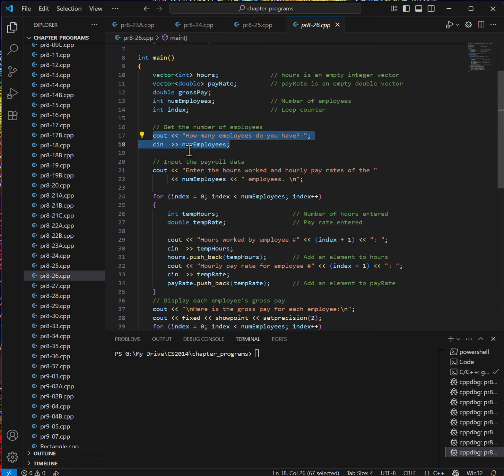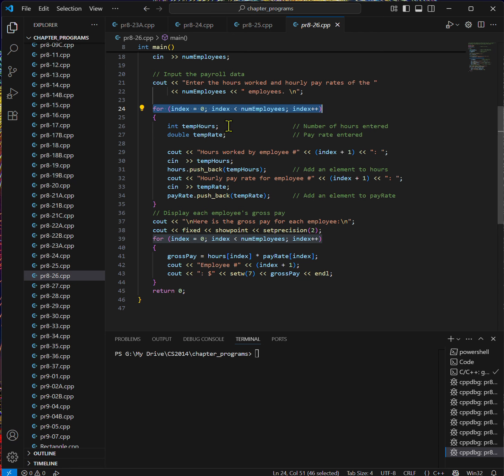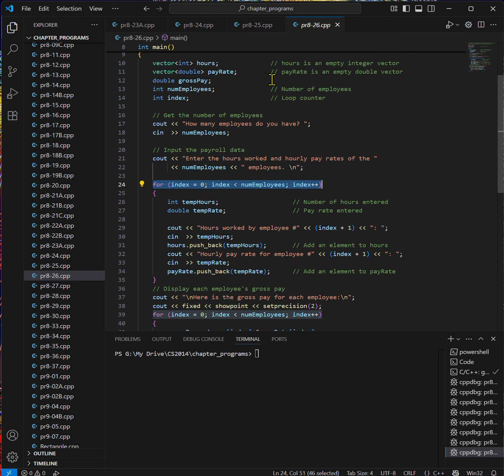Over here we're just going to ask for the number of employees, and then we're going to say, hey, we're going to enter the data for this many employees, go through a counted for loop, and over here we declare the number of hours. You see that over here we have not declared hours or a rate. We could have done that